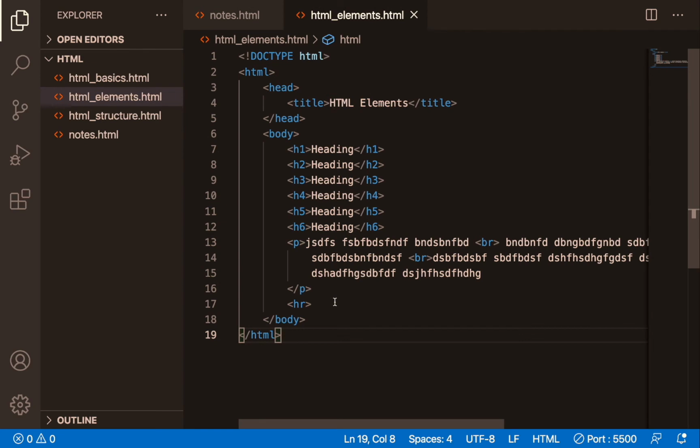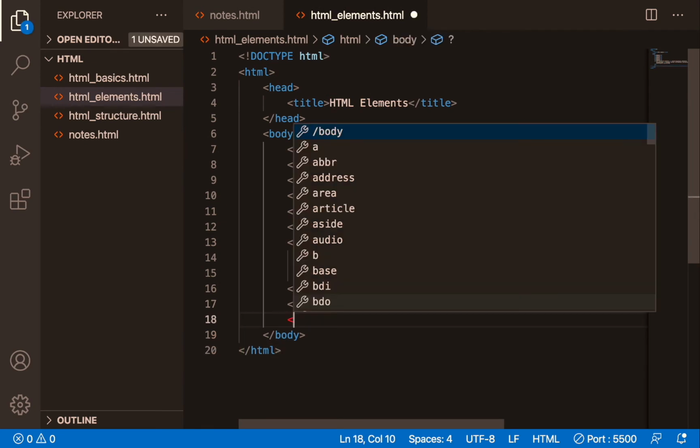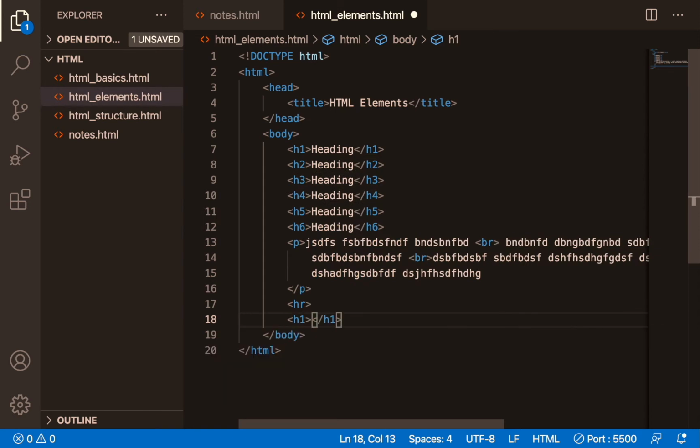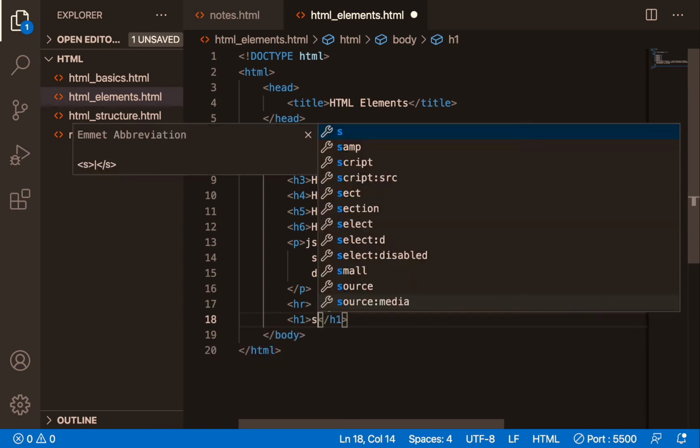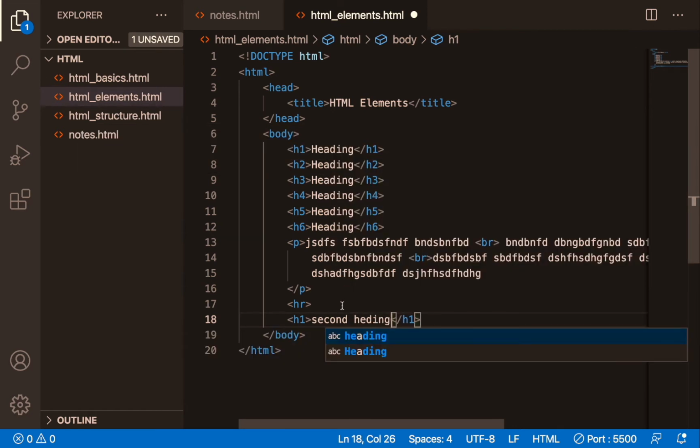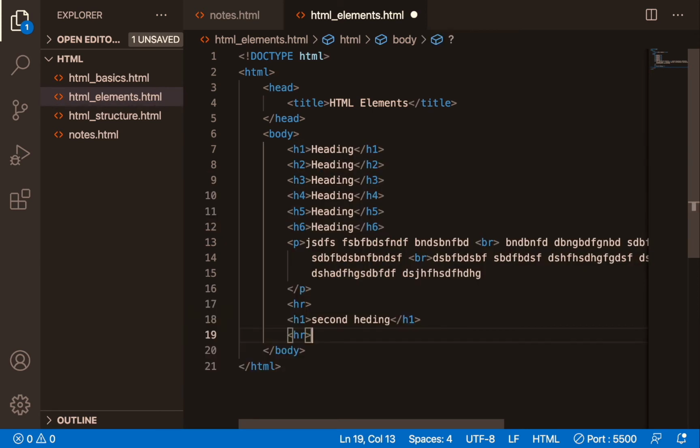You can write one more heading, second heading. Then after that I want to give a horizontal line. Now see how it will come.